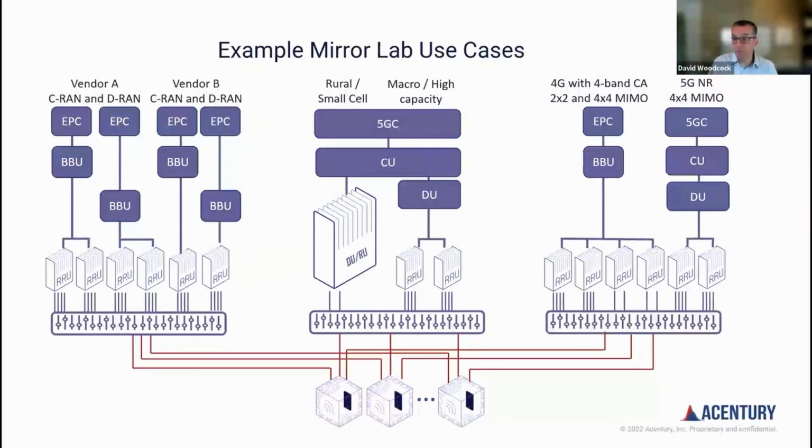To expand on the examples we just looked at, we could imagine an even more sophisticated Mirror Lab that combines all these network architectures together. By combining the outputs of the various switch matrices together into the same set of RF chambers like we see at the bottom here, we can replicate a single network with all these different configurations and implementations. The user equipment in these shield boxes can make calls on and be handed off between any of these networks,